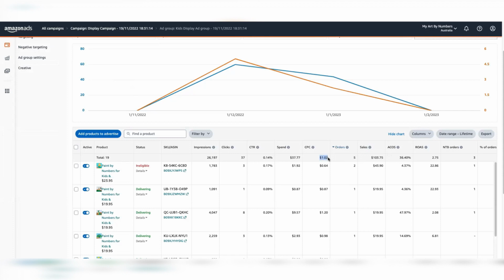Your cost per click in this campaign, for whatever reason, is much higher than your average. Your average was 50 cents and you're paying double for this campaign, and it's not converting as well as some of your other campaigns. So at a minimum, I would say reduce your cost per click for this campaign because it's not performing as well. The other thing you could look at is your best performing variations and just focus on that. It might be a bit tricky with this one because you might have limited stock for each, but if you can have one campaign, just focus on your bestseller, and then you've got the data for that